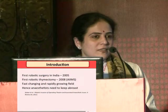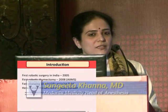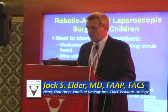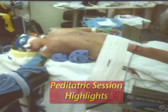It is rightly said that, as the surgeons keep moving ahead, the anesthetists also have to keep pace. Otherwise, they would be falling far behind. Every place is unique. Every institution has its own unique needs. You also need an anesthesia team that's familiar with laparoscopy and familiar with robotic surgery, and that means also pediatric